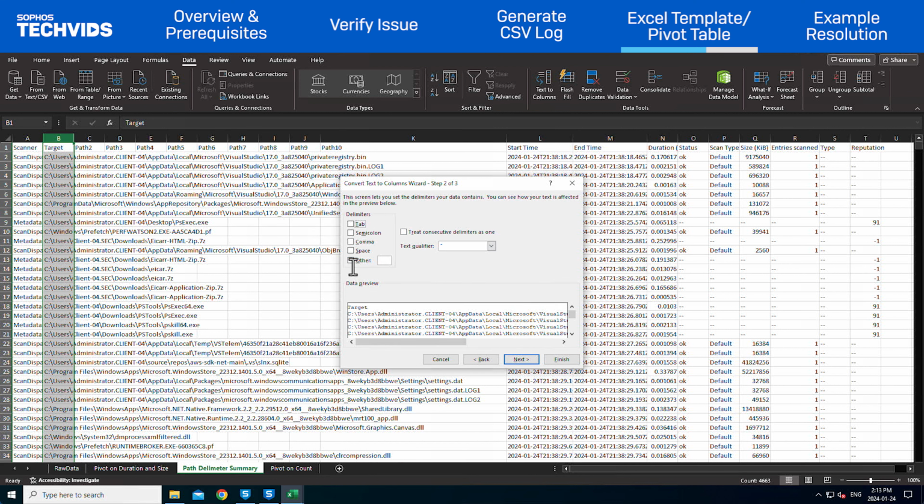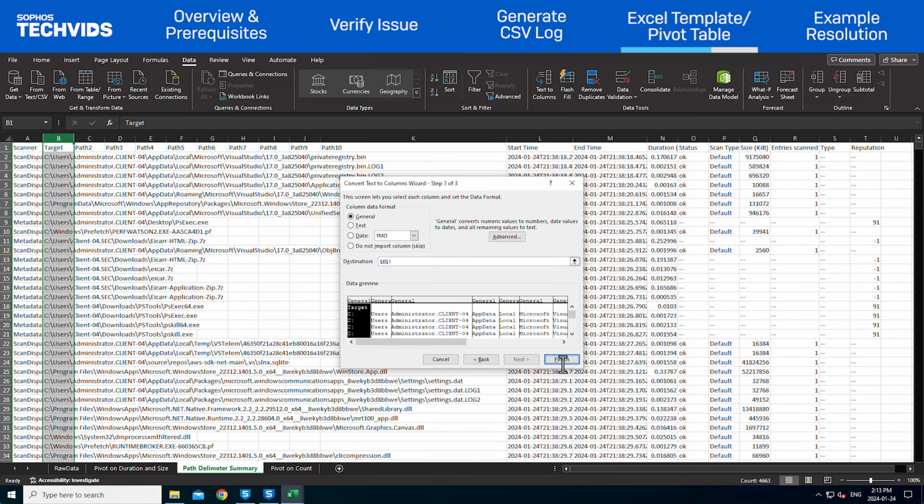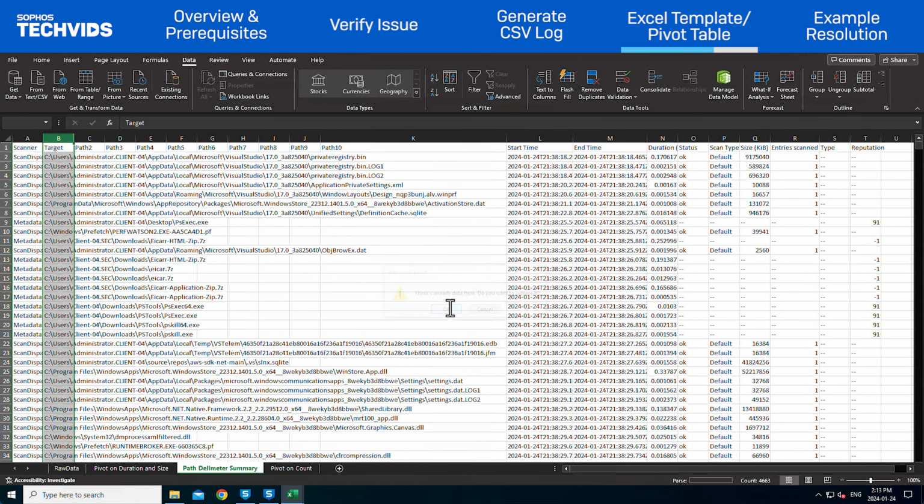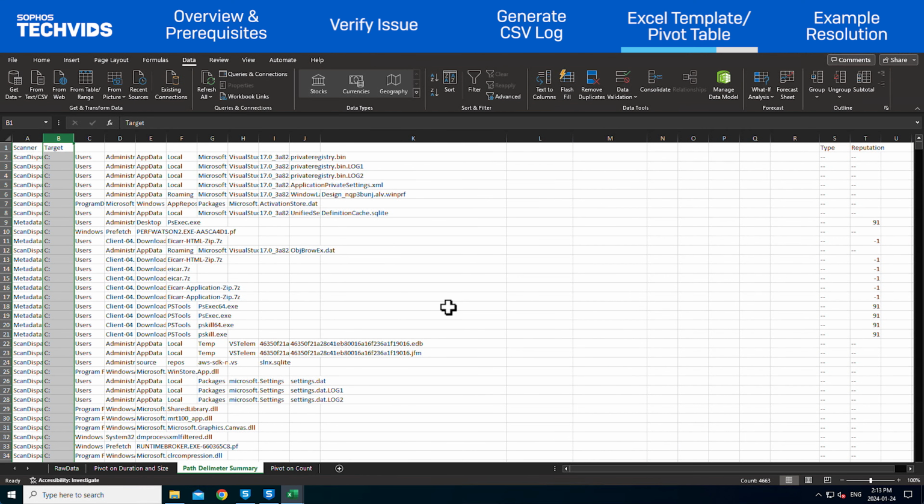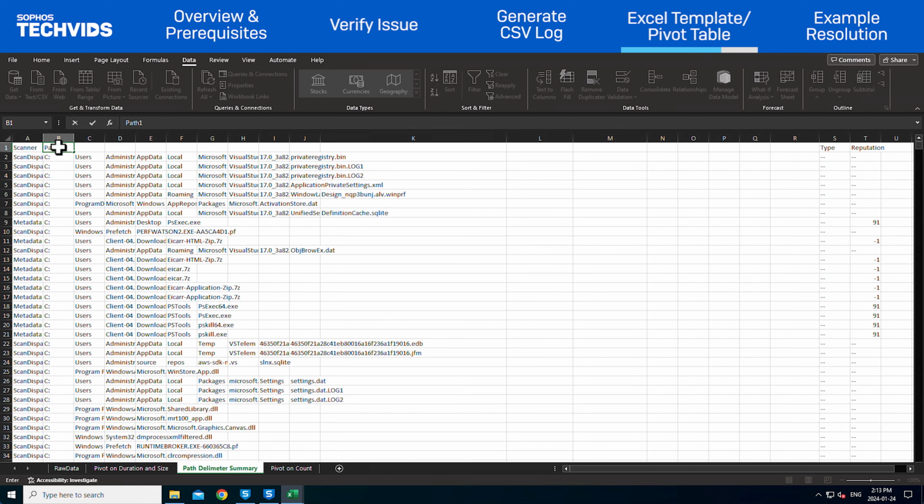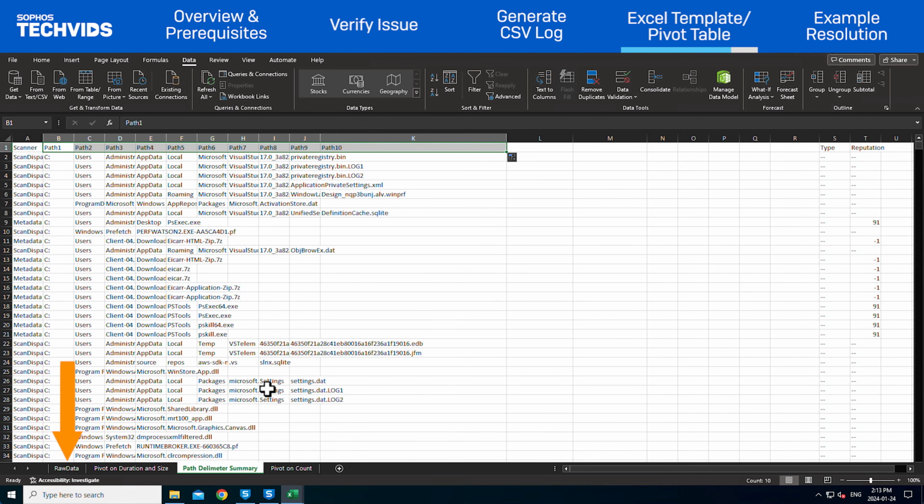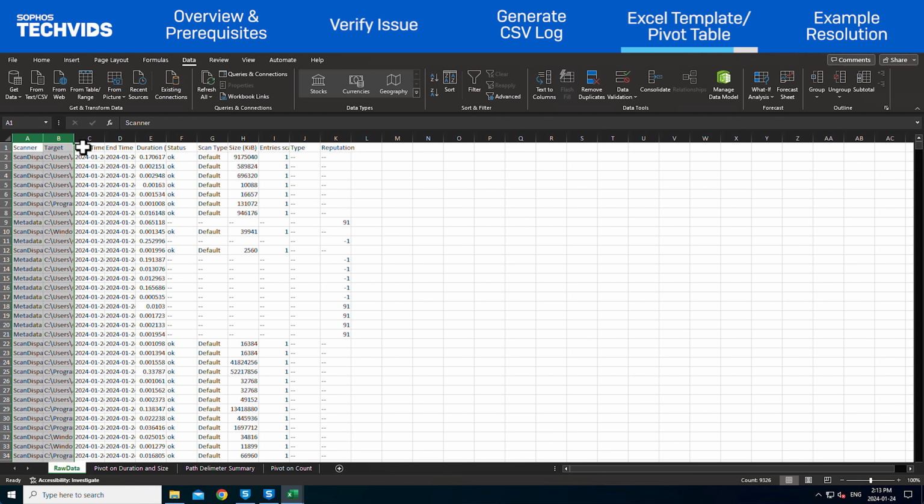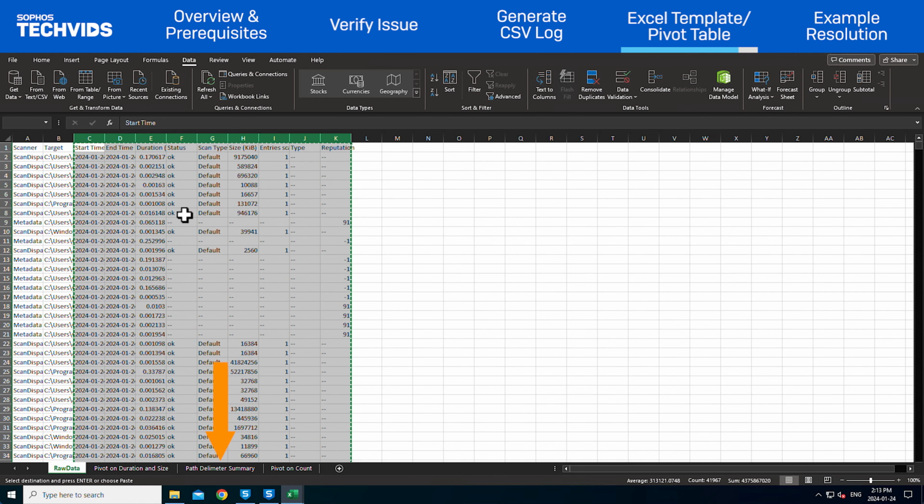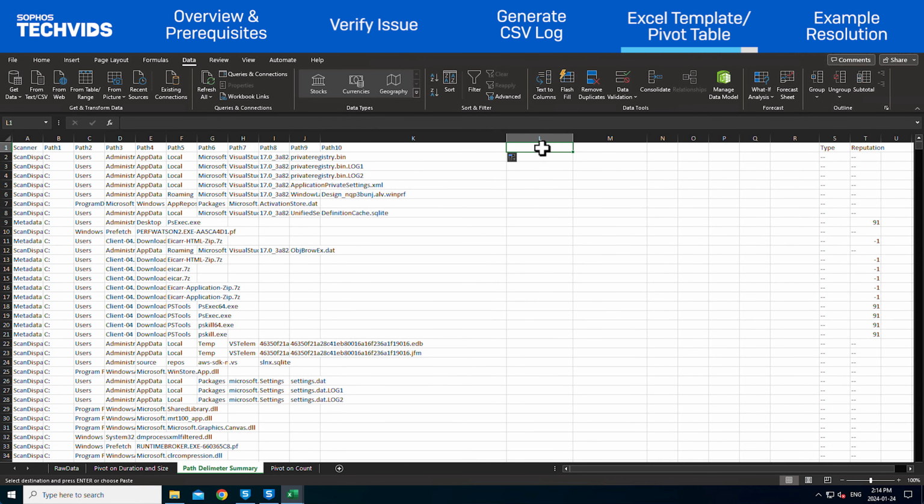Deselect Tab. Select Other and populate a backslash. Click Next, then Finish. Click OK to replace the data already present. Select the heading for the target column, type Path 1, and extend this to Path 10. This pivot table is limited to 10 subdirectories. Return to the raw data sheet and copy the columns to the right, beginning with Start Time. Paste these columns to the right of the Path 10 column on the